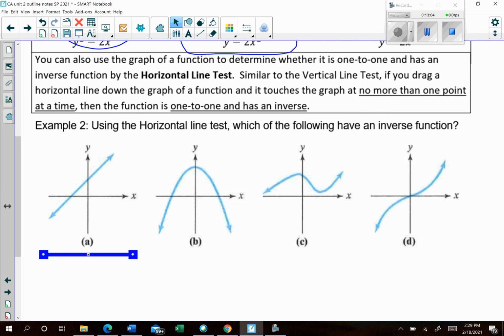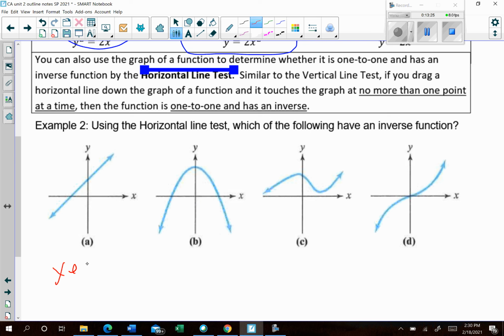And so it has to pass the test horizontally where it only touches at 1 point. So this one looks good. This one, not so much. This one has a problem. Okay. Same thing with C. That one has a problem. Let's see. Part D looks good. Part D looks fine. Okay, so let me go ahead and mark those, and then I just want to talk about one other thing. So this one is a function. Yes, no, no, and yes. Okay, so